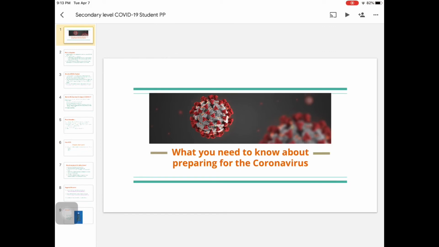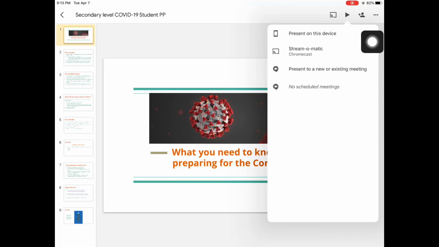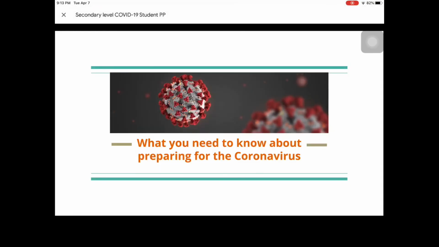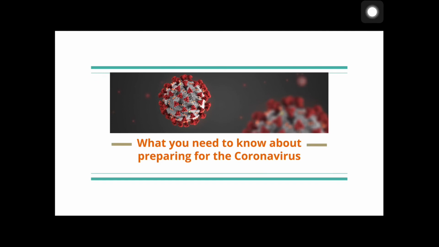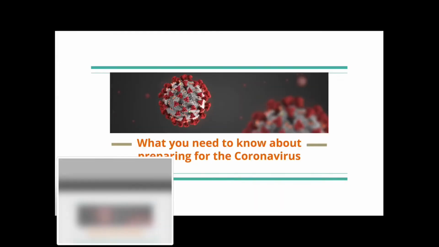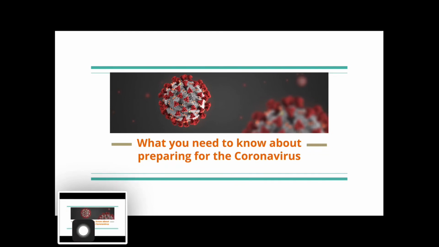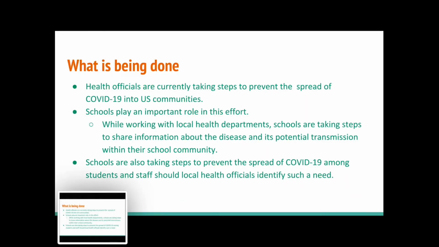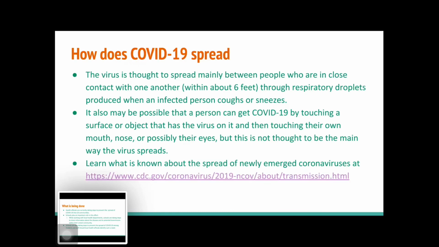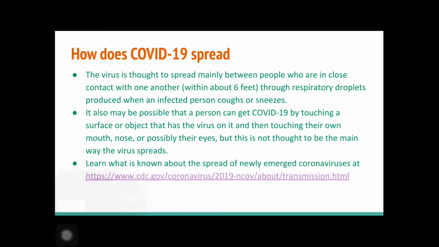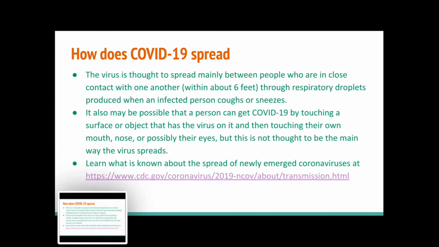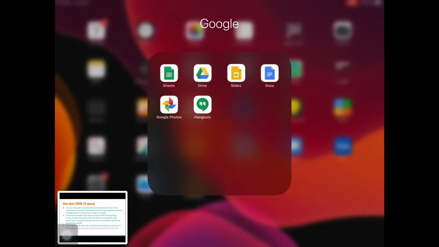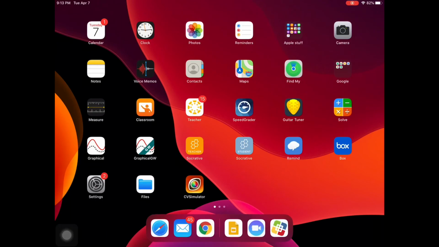So what I would suggest you do, you go and you click on the button to present on this device, and then you wait for that nice display, and then you take a screenshot of the first slide. Then you wait for this to disappear out of the corner, and then you go to your next slide and you take a screenshot. And then again you wait for that thing to go to the corner, you go to the next slide, and then you take a screenshot. Okay, and you do that for all your slides. So however many slides you have is how many screenshots you should take,